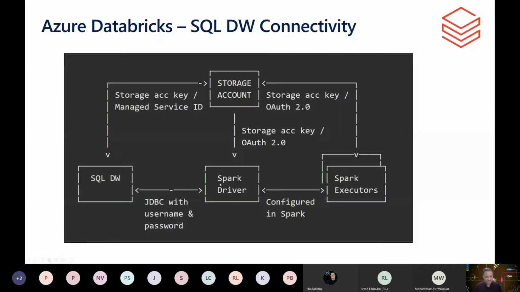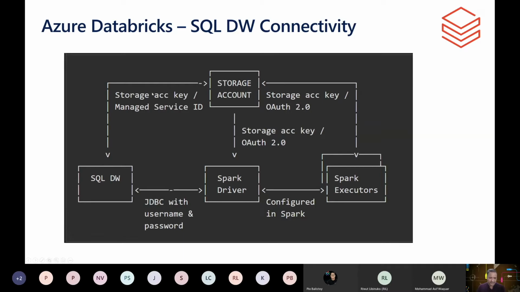Once the Spark driver has the connection, the way these executors work is, instead of writing data one by one to the SQL data warehouse, it tries to batch all the data that is processed and write it in one shot. For that reason, it creates a temporary location in the data lake storage, where the executors connect to the data lake storage using the storage account key or the OAuth token, and then write this data into data lake storage.